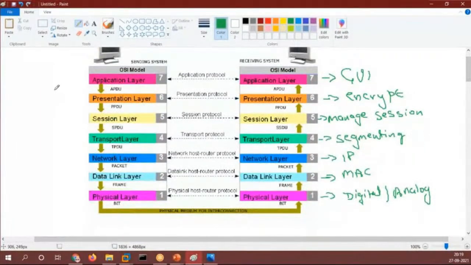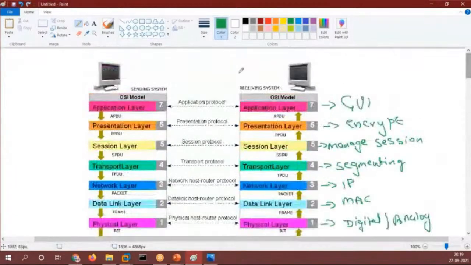So let's say I have data which says hello. I want to send hello. What will be happening? I will be writing hello over here at the application layer. Now after the application layer, the data will be encrypted.